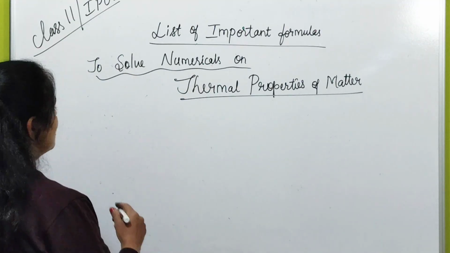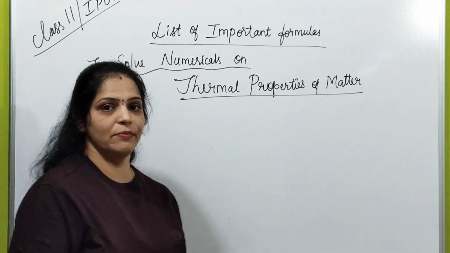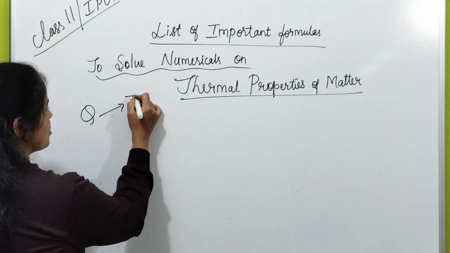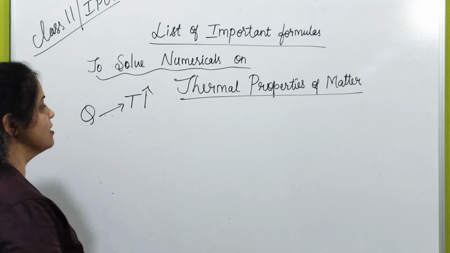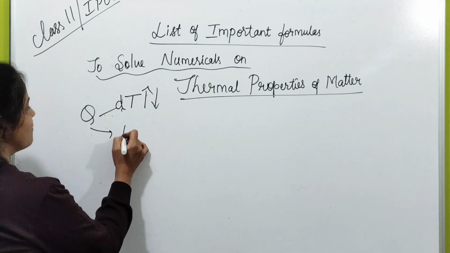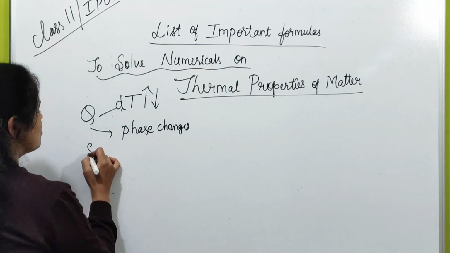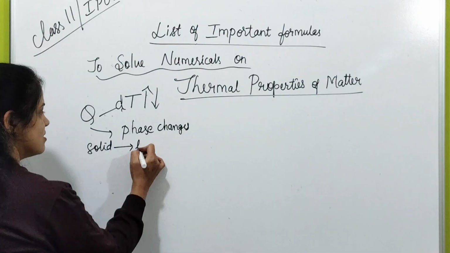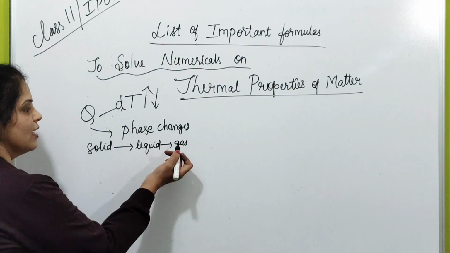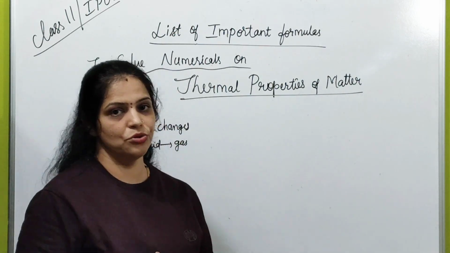Now, when we supply heat energy to our body, that heat will be used for two processes. One is to change the temperature, so the temperature of the system either increases or decreases. Another one is phase change: the phase of the system changes from solid to liquid, and if you supply heat still, liquid changes to gas. Or if you remove the heat, gas goes to liquid, and liquid is converted into solid. So there are two changes that take place.